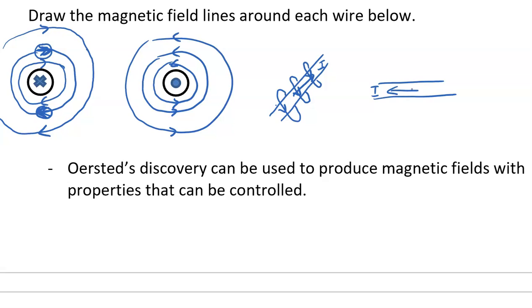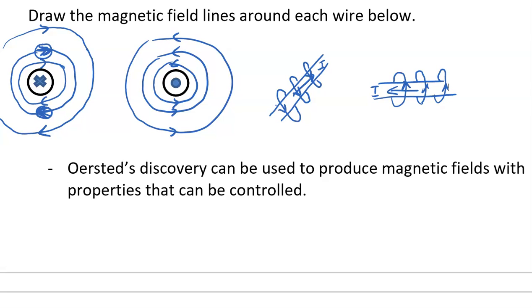Likewise, we could do something like this, and I could have a current that's going in this direction, and then you say, well, my thumb is in the direction of the current. My fingers, again, actually do this. My fingers are going to wrap coming up the front of the wire, going down the back of the wire. So the magnetic field is going to go something like that in that particular case. So we can change up the orientation, but the right-hand rule applies. We just have to turn our thumb in different directions and then curve our fingers. And however our fingers are curved is the direction of the magnetic field.